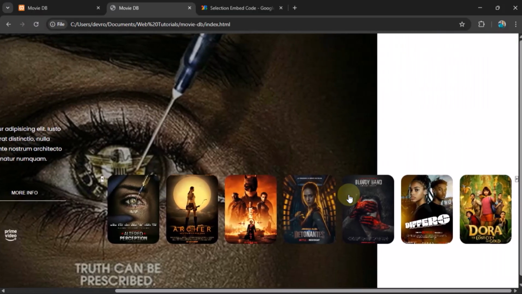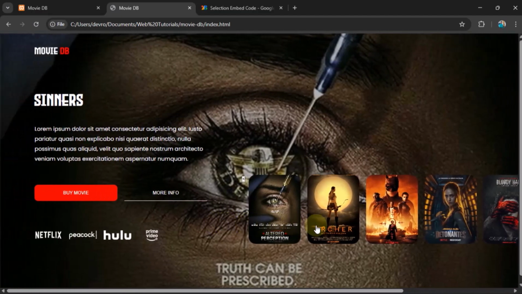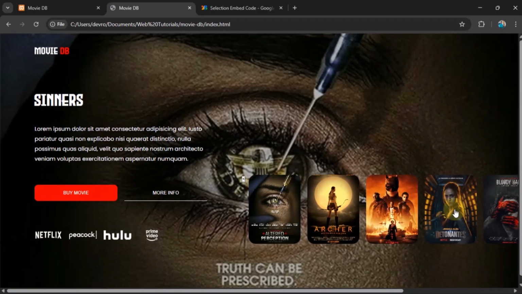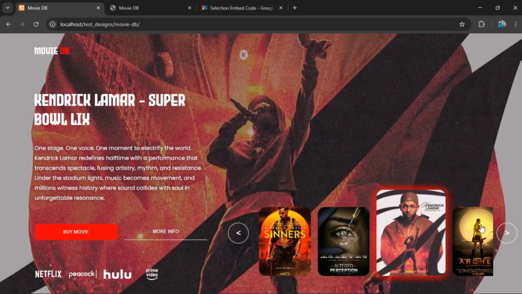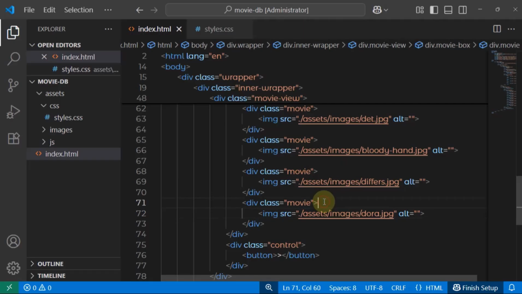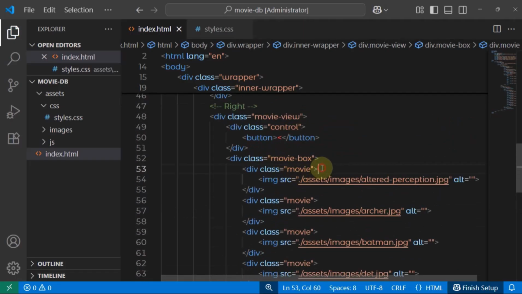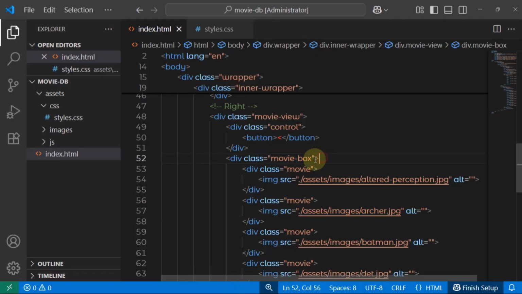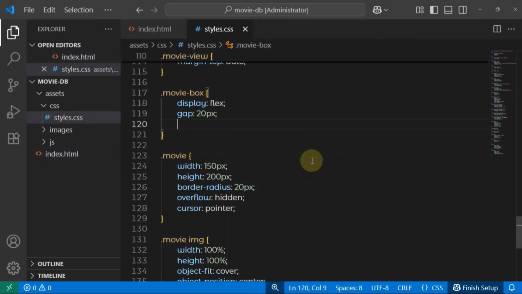So you can see everything now goes on a line, but it's coming out. But what we want to do is to hide it. We don't want it to stretch out. We want it to hide inside and disappear when it gets to this part, just like this one. You can see it disappears. Okay, so what we're going to do is, because all the movies are inside this movie box, we want to tell movie box to hide everything that is bigger. So what I'm saying is overflow